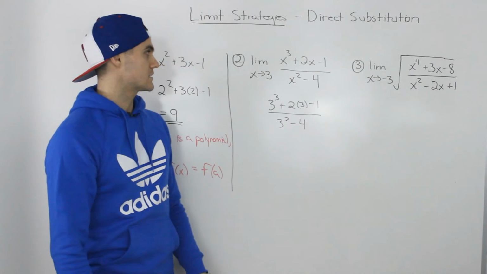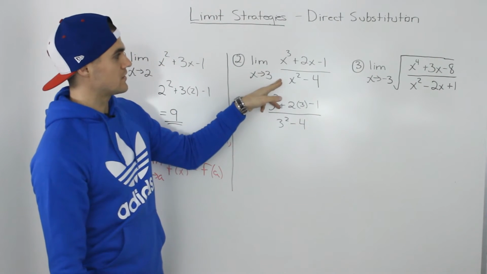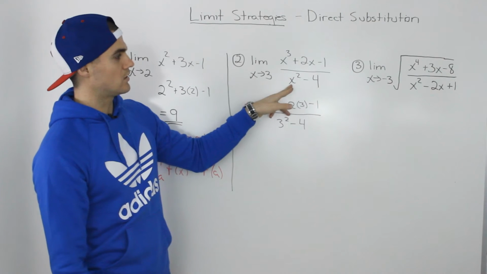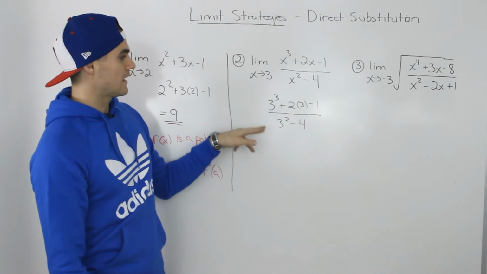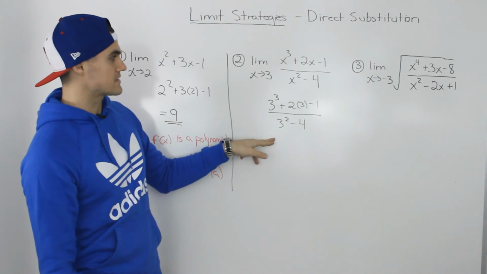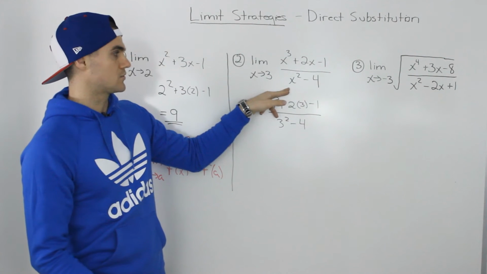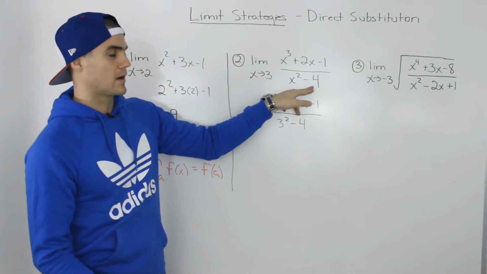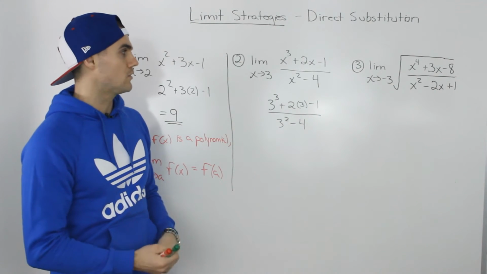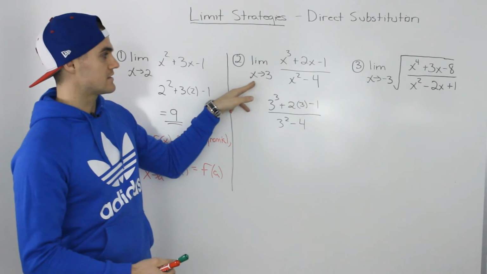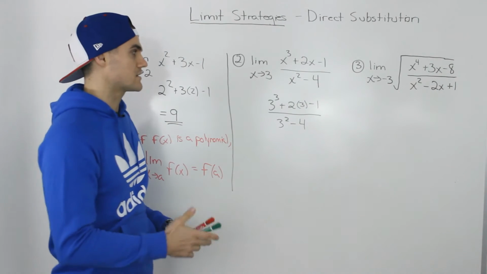Moving on to the second example, the limit as x approaches 3 of x cubed plus 2x minus 1 all over x squared minus 4. And notice when we plug in 3 for the x's, we directly substitute it. The denominator is not going to equal 0 because we'd have 9 minus 4, which is 5. So we know that the function at this x value of 3 is defined, so we can just make a